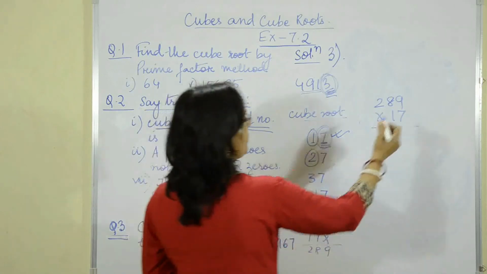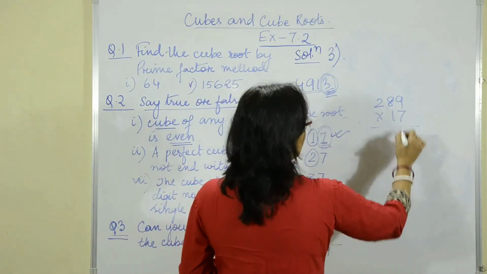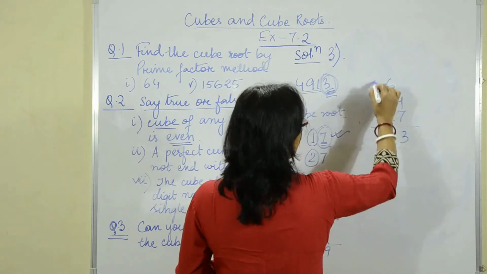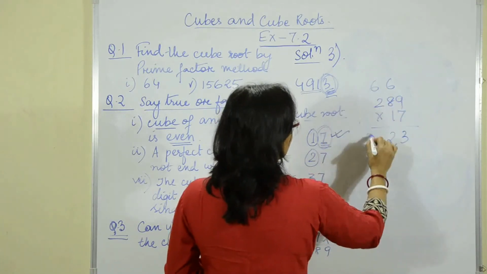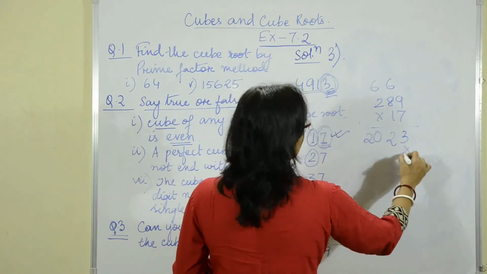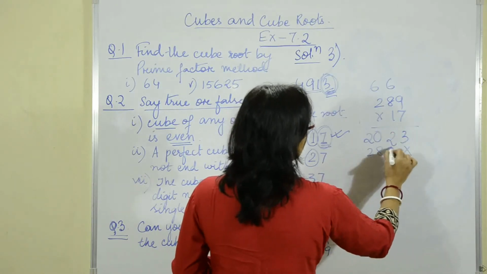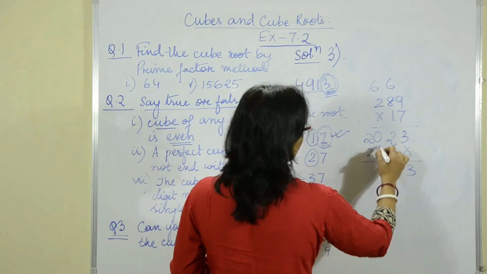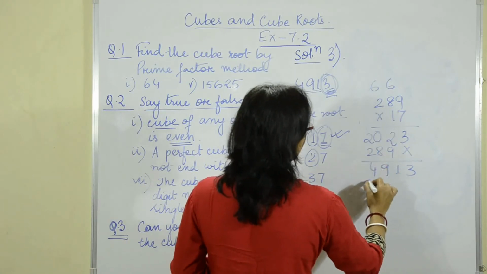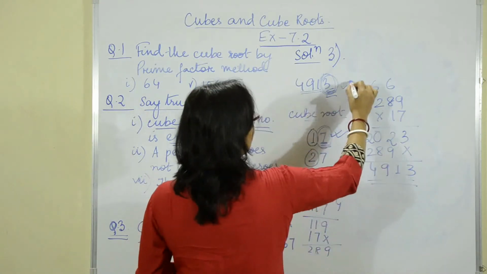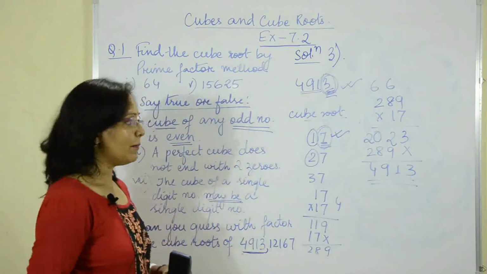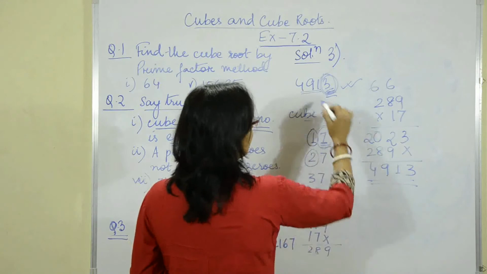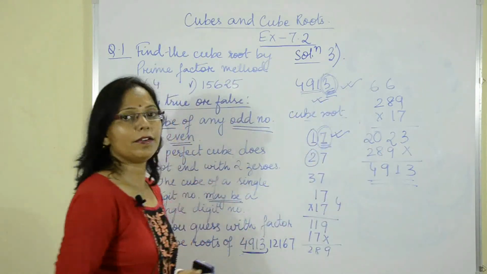Let us see. 9 times 7 is 63. So, I have a 6. 56 plus 6 is 62, I have a 6 here, 14 plus 6 is 20. Now, I have 289 and then I add 3, 1, 9, 4. So, what do I get? 4913. That means, for 1 I am getting this desired result.